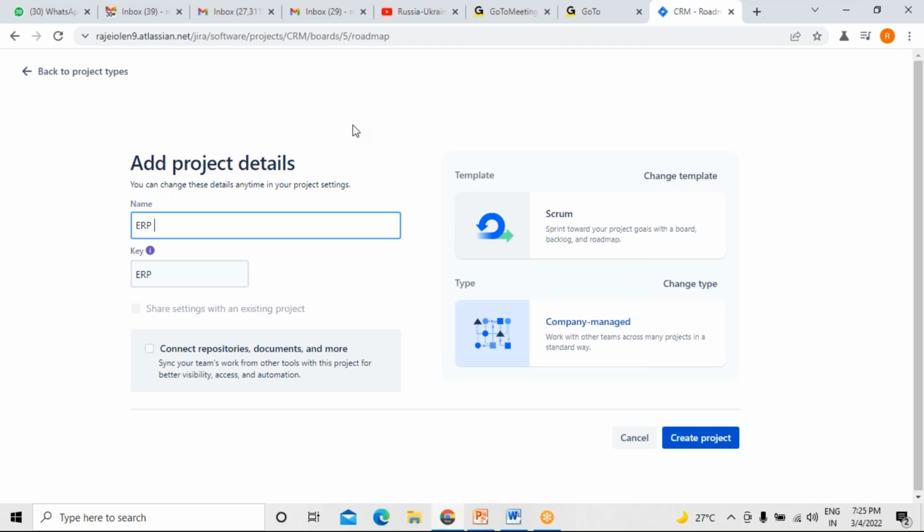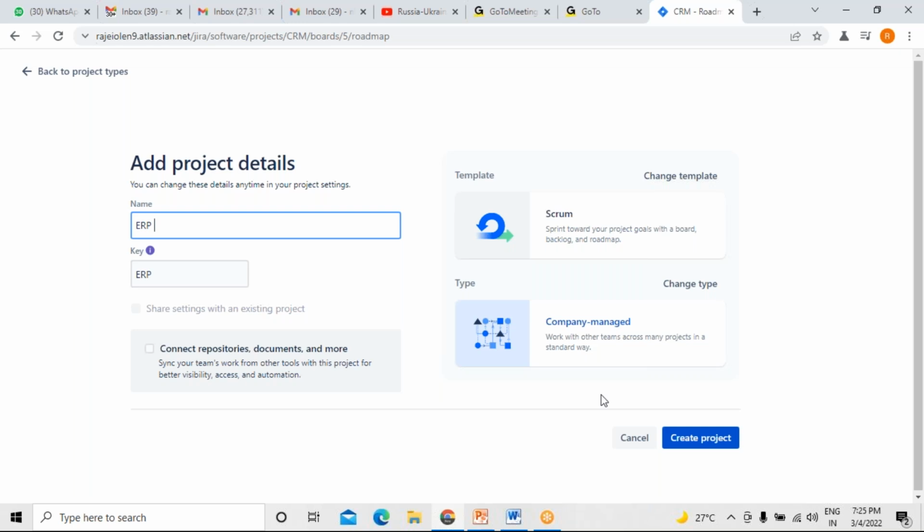In my account, because this Jira application, whatever tool we are using now, is registered on my email ID. So whatever projects I have created, either team managed or company managed, if there is a project already created as CRM, it is not accepted. It is saying that it was already there. So I can create CRM extension or CRM1 or something of that sort. Otherwise, now I am just naming it as ERP.